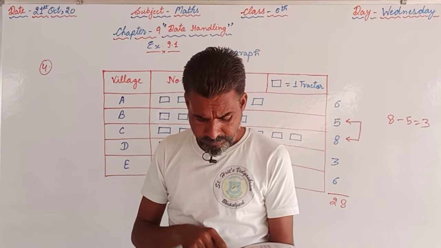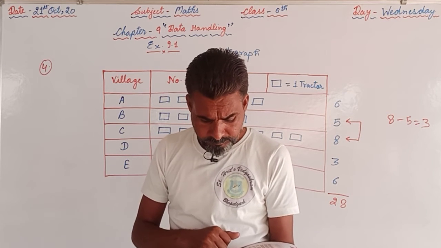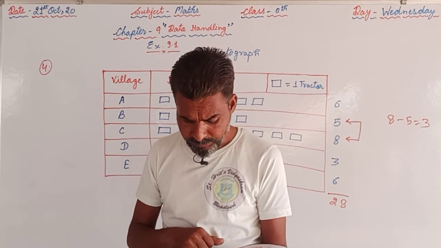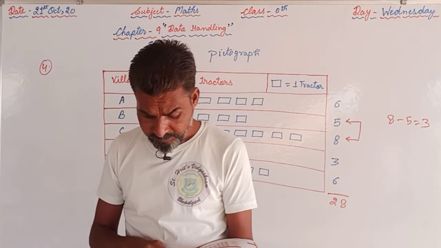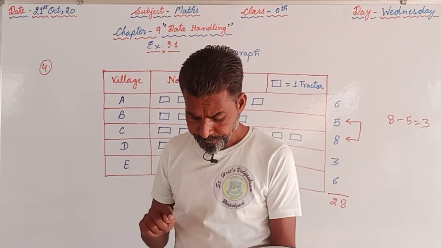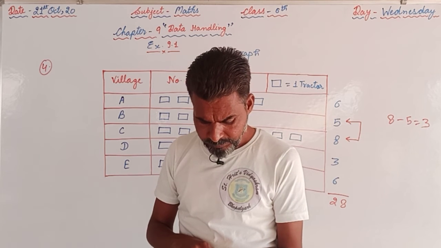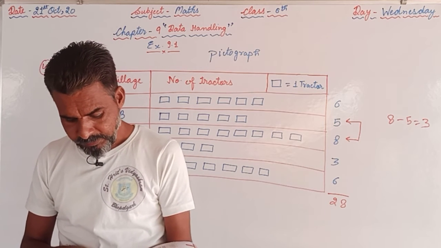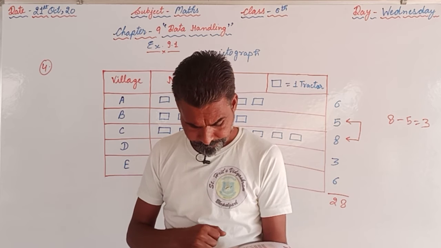Afterwards we are supposed to answer the questions given below. A, which class has the minimum number of girl students? From the picture we can see that the 8th class has the minimum number of girl students. B, is the number of girls in 6th less than the number of girls in 5th? No, in 6th class the number of girls is more than in class 5th.